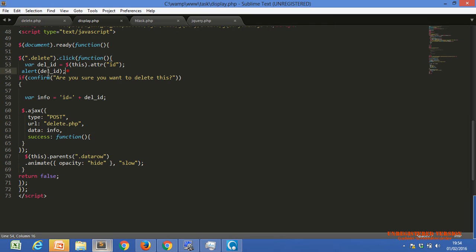So I just use this for debugging. Now we have the id, and we confirm whether the user really wants to delete or not. If the user clicks on yes, then the code within will execute. What is within our code?